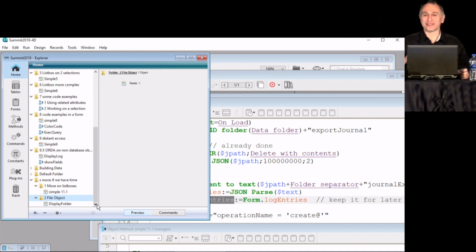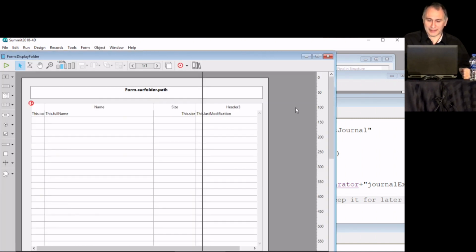So, yeah, ORDA is working with objects in memory, collections. So it's also working with different stuff that are not necessarily data from the database or in memory. For example, when you manipulate documents on disk, files and folders. With ORDA, you will have the ability to manipulate file objects and folder objects. And here's very, very quickly, so I will not go into full detail here, but here's what I'm going to